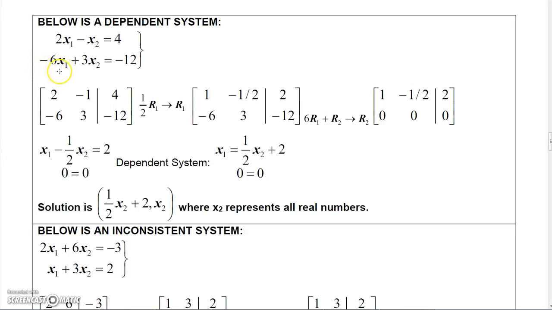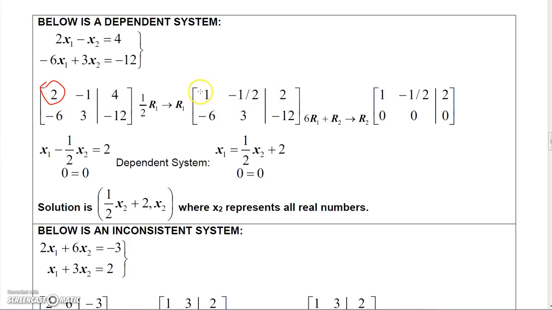Okay, here's another system with two variables and two equations, and I used x1 and x2 instead of x and y this time, but it doesn't affect the way you put it in the matrix form. The coefficients are 2, negative 1, and negative 6 and 3, and the constants are 4, negative 12. So this would be the augmented matrix. Now, I want this to be a 1, so since I don't have a 1 that I can trade out with the bottom row, I'm just going to multiply this row by a half. So a half times 2 is 1, a half times negative 1 is negative a half, and a half times